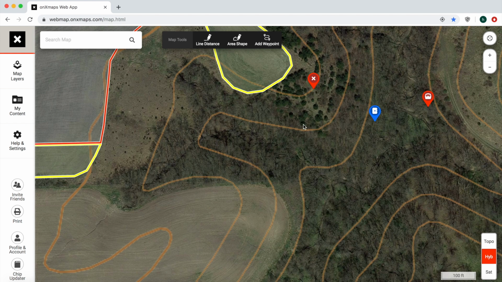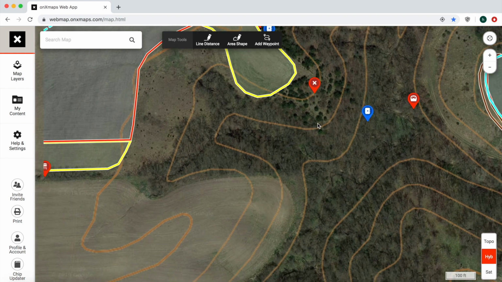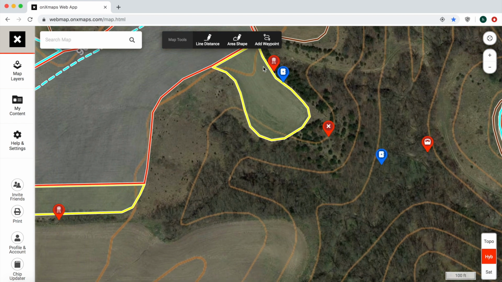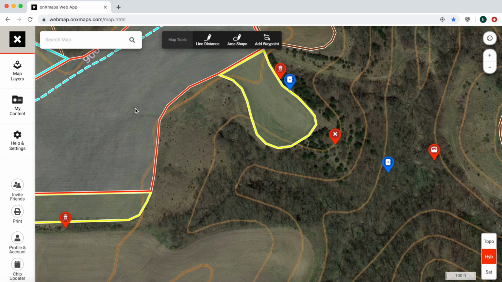And then in this case, there's a nice transition and it's on a point. This was a bed that we found actually, but I can tell you that this whole thing is just going to be loaded with beds and buck beds at that. Even though this is a food plot and this is our destination food source, it's very close to the food in this case, but the does have a lot of room to bed,